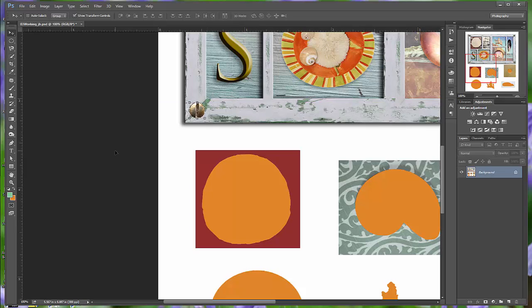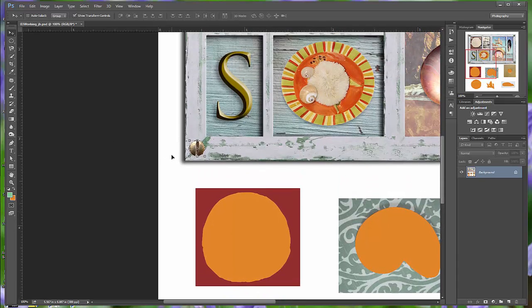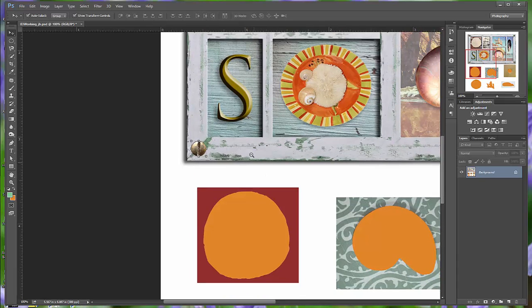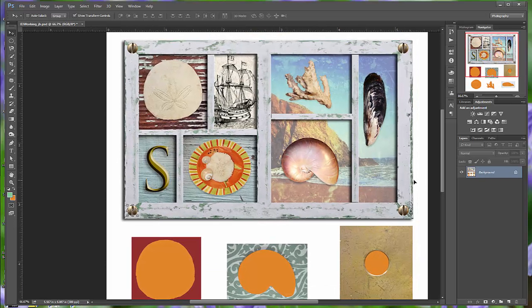Okay, I had a little bit of trouble with it. You may have some trouble with it as well. If you do, you might have to zoom in a little bit. You may have to move part way and then continue. I'm not sure. Just keep working at it. You will get it. Once you have the last screw placed where you'd like it, you can Control D to